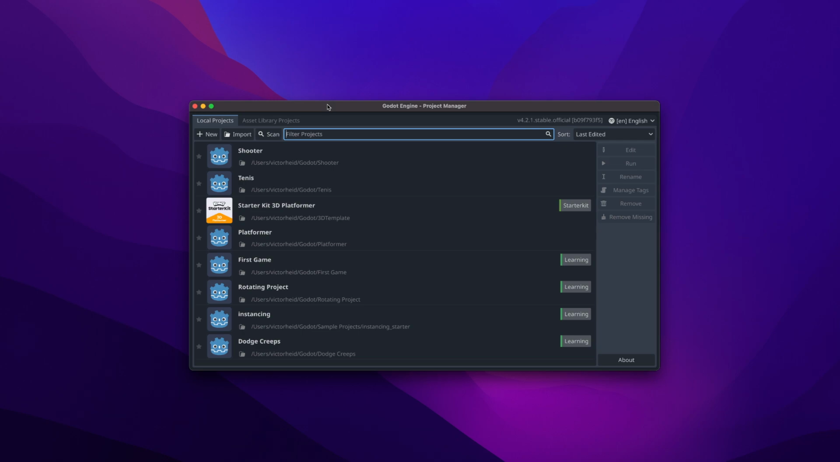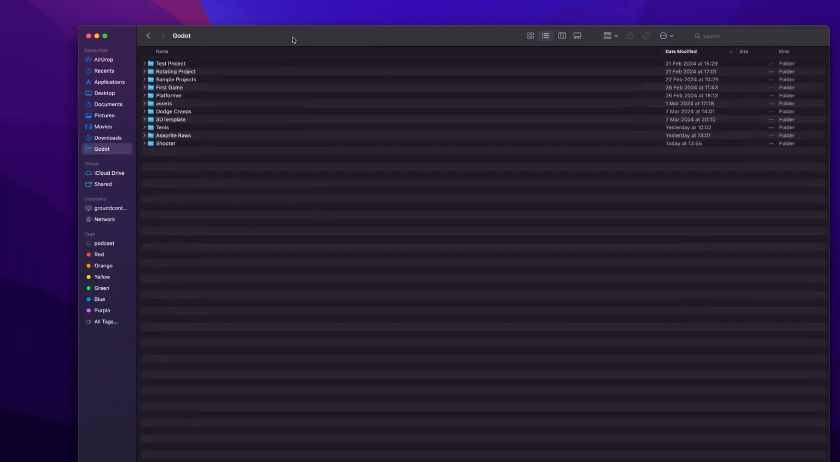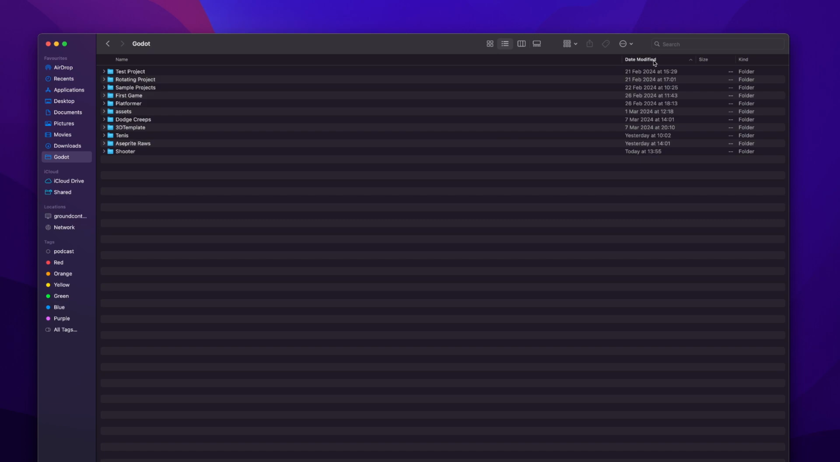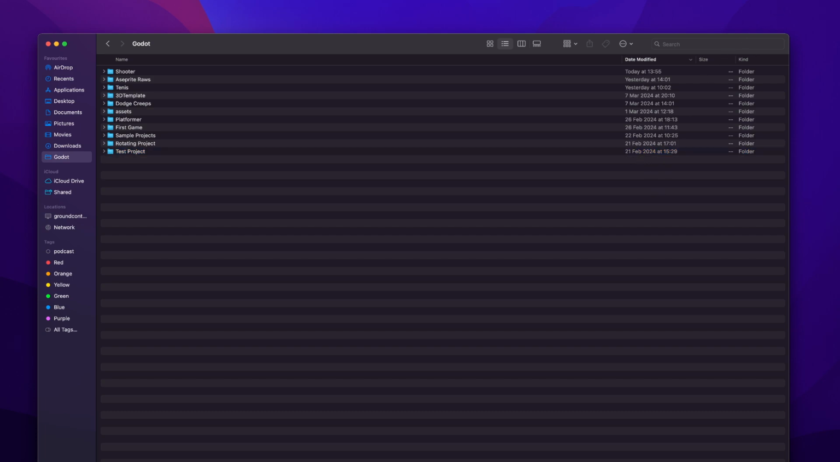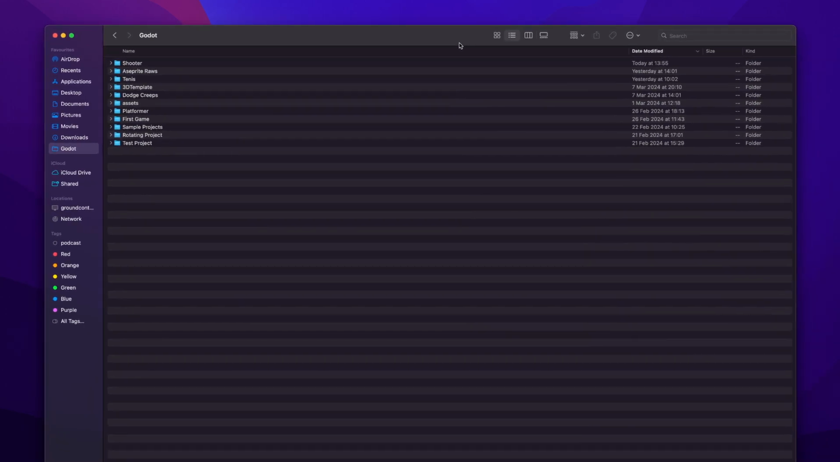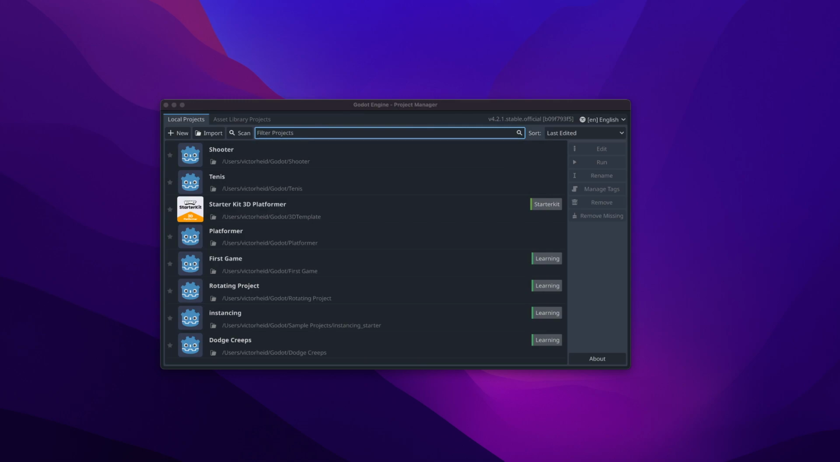All right. So I'm here on my third week, I think. Let me see here. I have my Godot folder, and if you see here, my first project I started on the 21st of February, and today is the 13th of March. So we're about three weeks or so into this, and I'm not currently working, so I had more time to spend